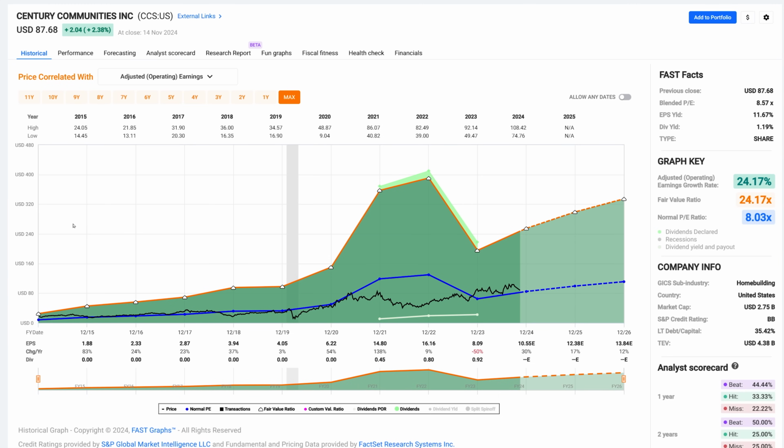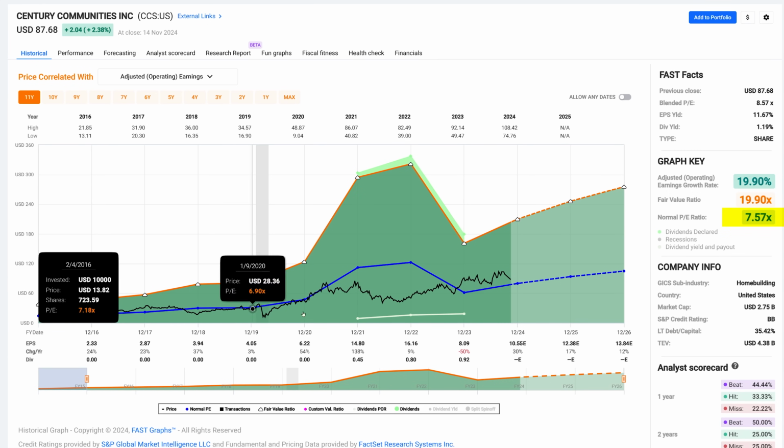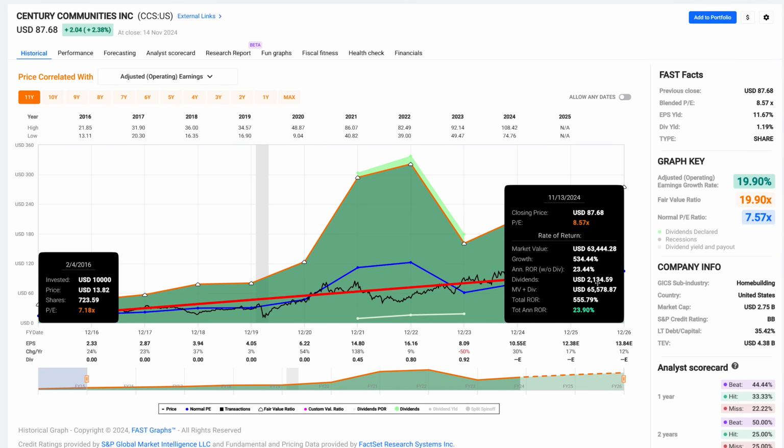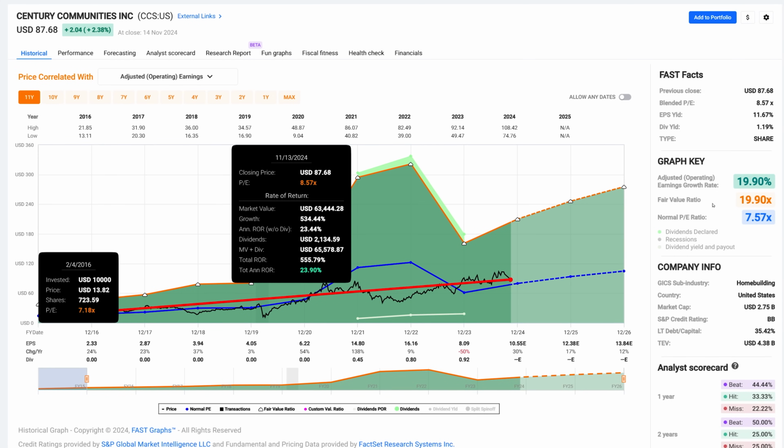Now, FastGraphs endeavors to give you valuation parameters. This company has grown at 25% a year, okay, 24%. I'm going to knock 1 year off of the time frame here, and I want you to point out here we got 20% growth. Okay, the stock was trading right at its PE ratio, its normal PE ratio of 7.70, where its normal was 7.57. If I calculate performance going out to currently for this 19% grower, I get a 23% annualized rate of return, and with dividends, I get 23.9, almost 24. And the point is that correlates to the growth of the company, even though it's always commanded this low valuation.